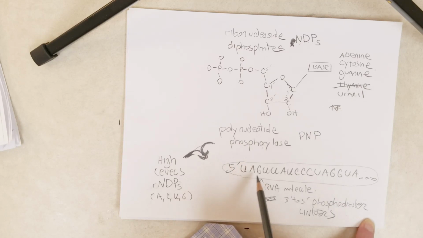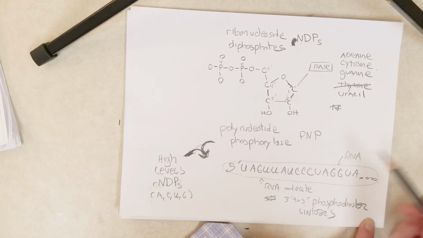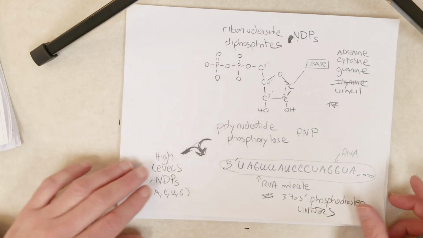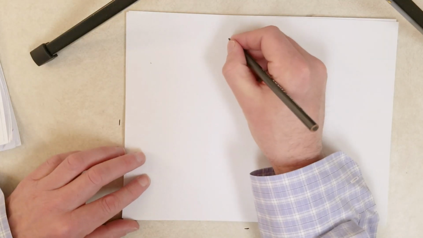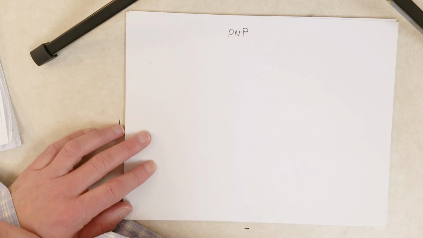If we could add a ribosome to here, and give it amino acids, transfer RNAs, everything it needs to translate an RNA, the ribosome would translate this, because this is a fully functional RNA molecule. It looks just like an RNA molecule that is transcribed by RNA polymerase, which we will talk about in the next video. Okay, so with the discovery of PNP, polynucleotide phosphorylase,